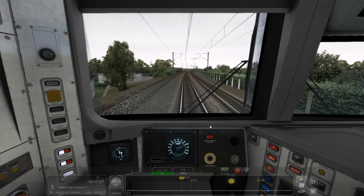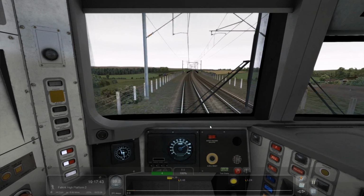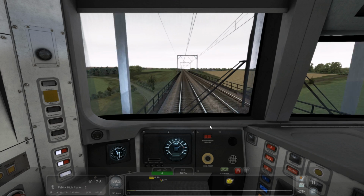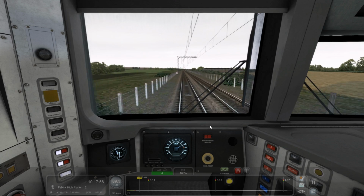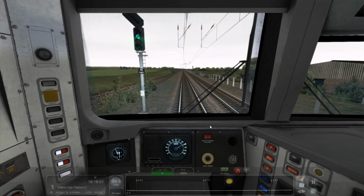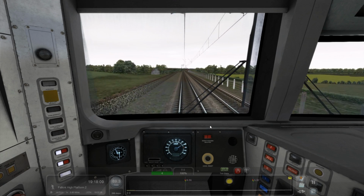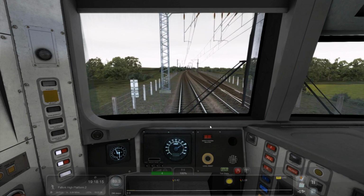And I don't think they're going to be replaced anytime. I don't know if Southeastern are getting new units. It feels like they're one of the only franchises scooping up any available Electrostars that, say, South Western Railway are not going to be using, like the 458s. I don't think they're going to. They're like Southern in a way, because Southern need to update maybe their 455s, but they're pretty much just an Electrostar fleet, similarly to how Thameslink is just purely